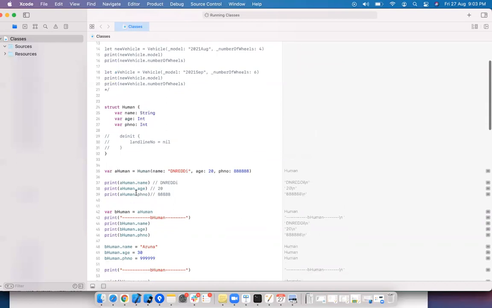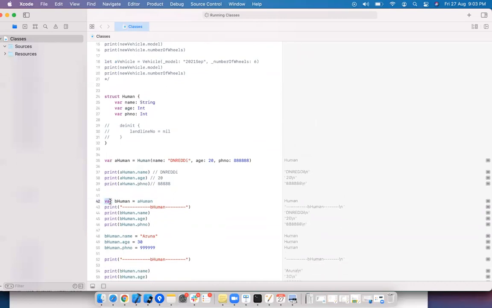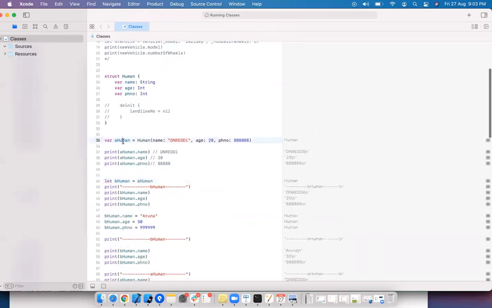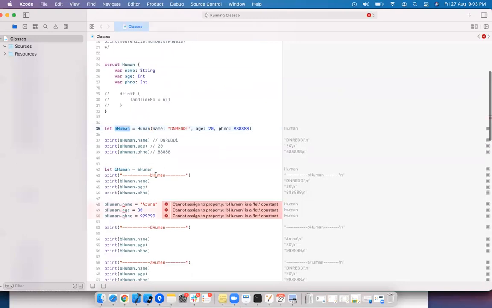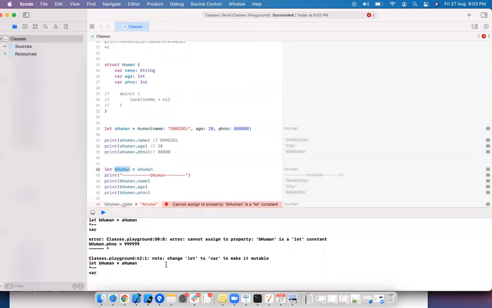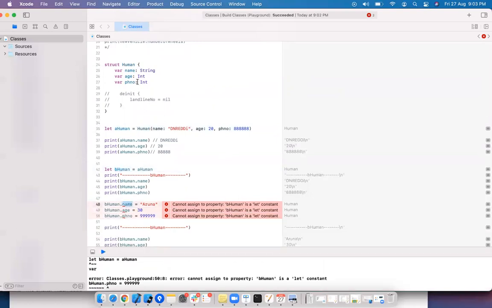let's say I'm having, I created one human. I can take this as let also, no problem. I created a human. I assigned that human to be let. When you try to change the value, actually name is a variable, right? It is not accepting. In case of structures, this should also be a variable.